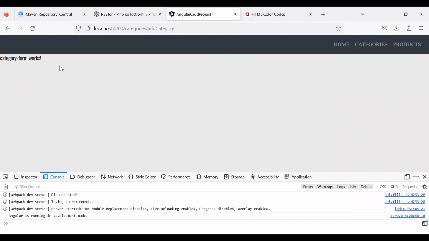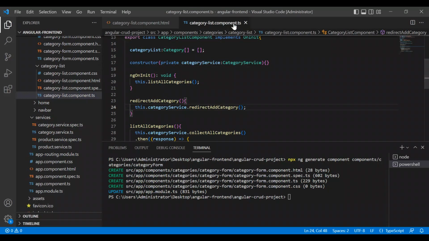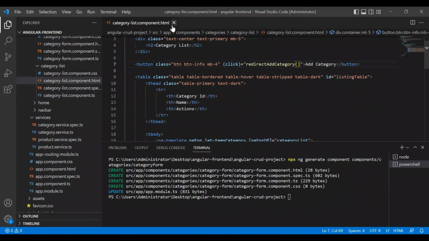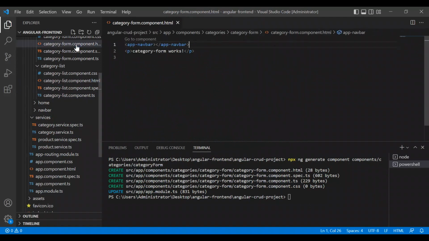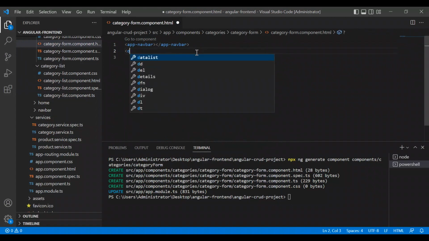Now we need to create a form for category. Let's go. I will close this category list component. Let's open category form. We will remove this default paragraph. Let's create a div. Class will be container, margin top 5,